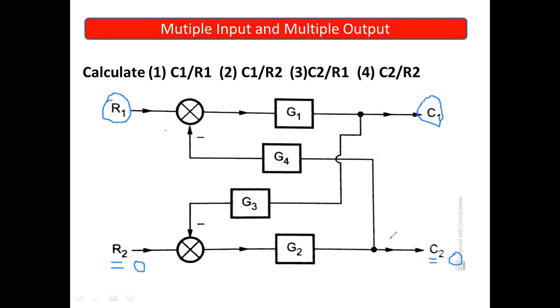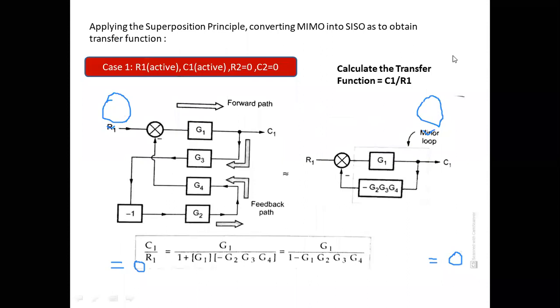So R1 would be there in the system, C1 would be there in the system, and how can the reshaping of the block diagram be done when we are considering R1 and C1? Let's see in the next slide. So case 1. Firstly I just remove the annotations, and then we will take up this concept. In case 1, we will look at what the inputs and outputs actually are and how the reshaping of the block diagram takes place.